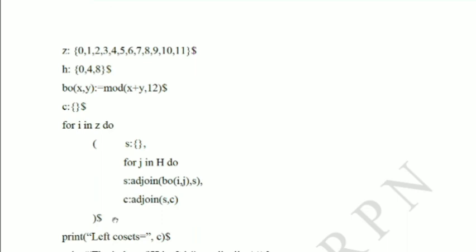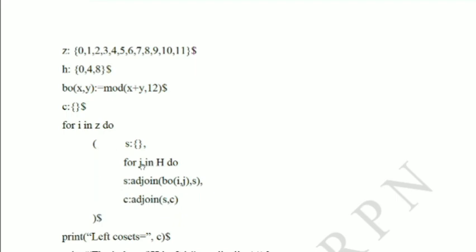Now after this I will remain 0, J will run. J takes next value 4 and it calculates 0 comma 4. Binary operation of 0 comma 4, which is 4, and 4 will be joined in S. Remember your S already contains a 0, so for that 0 this 4 will be joined. Now S contains 0 comma 4. That 0 comma 4 will be joined with C. Remember, your C contains 0. So 0 comma 4 will be joined with 0. So that gives you only 0 comma 4.